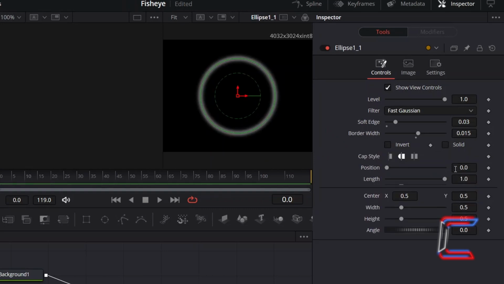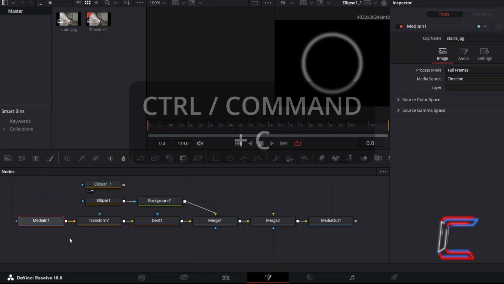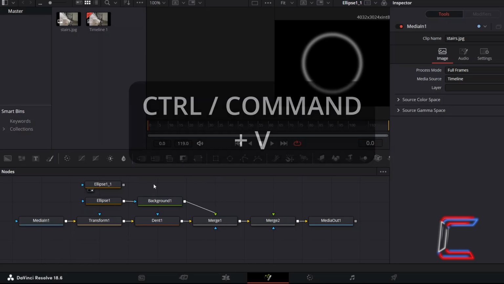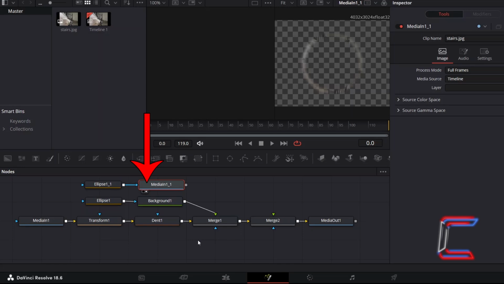To have your media content reflected inside this gently vibrant and blurred outline, select Media In 1, hold in Ctrl and press C to copy, deselect, and press Ctrl and V to paste. Connect your duplicated ellipse node to your new Media In node. Once selected and set to preview, you should be able to see part of your media file shown in the outline. In order to create a circular distorted reflection effect,